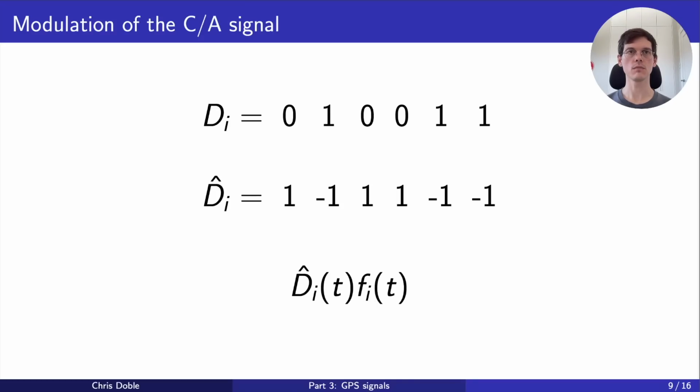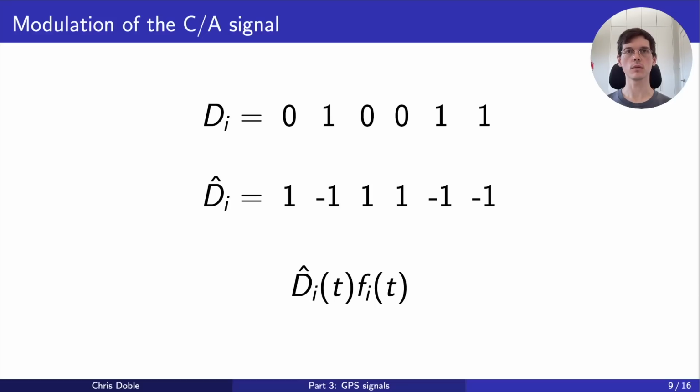d hat i of t changes the amplitude of the carrier wave, f i of t, in a way that's equivalent to 180-degree phase shifts. This mapping is called polar non-return to zero encoding, and it'll be useful in the next section. So that's the signal of one GPS satellite, but, as I mentioned in the overview video, we need multiple